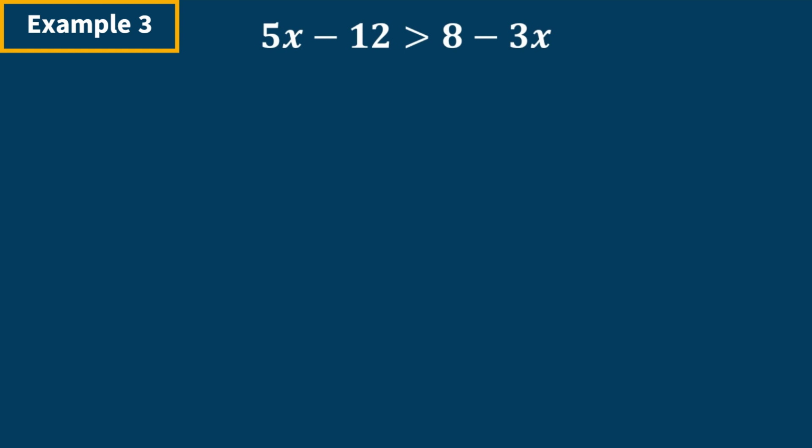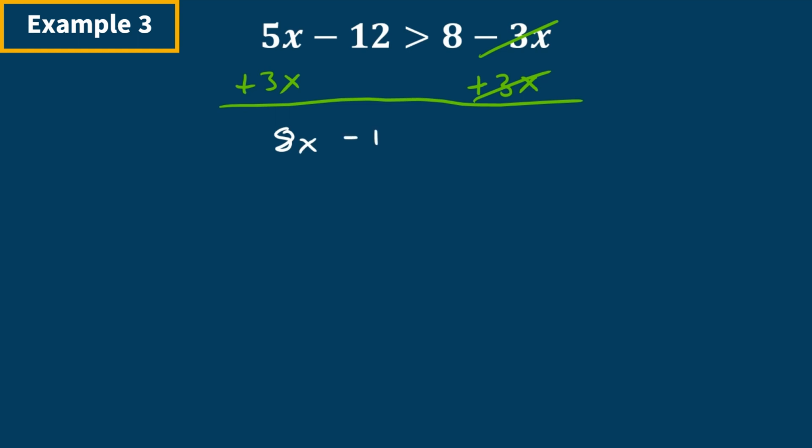So first let's start by moving this -3x to the left hand side. To do that, we do the opposite. This is -3x, so that means we're going to add 3x to both sides. Like that. Now, these 3's cancel, and what we have left over is 5x plus 3x, which gives us 8x minus 12